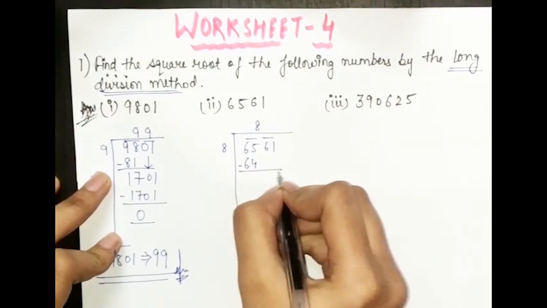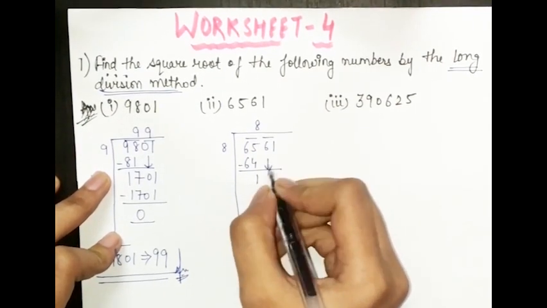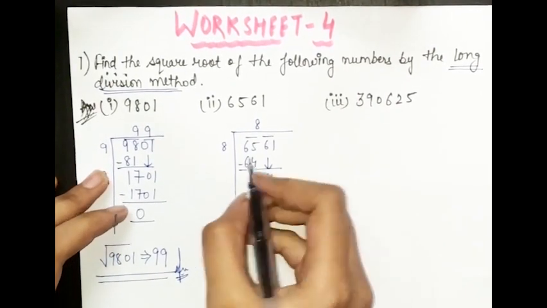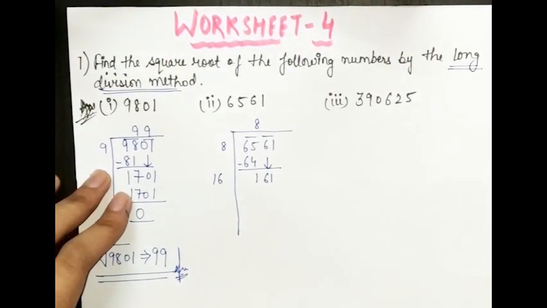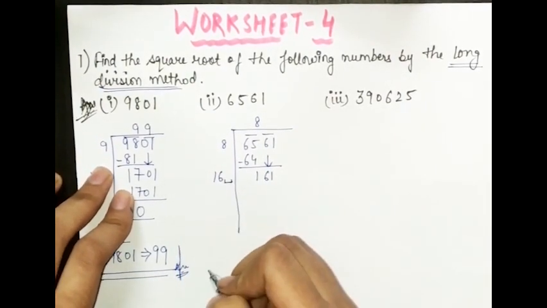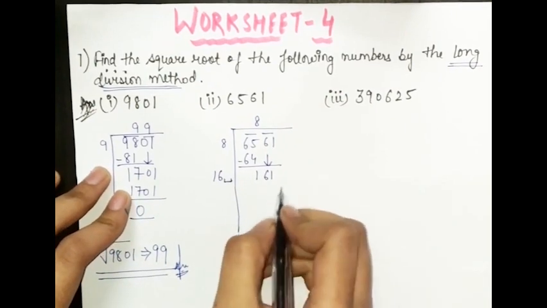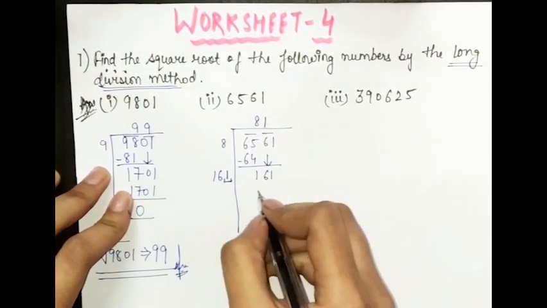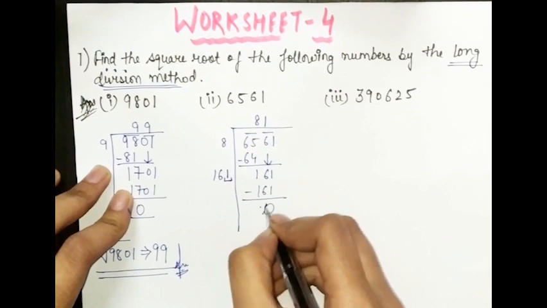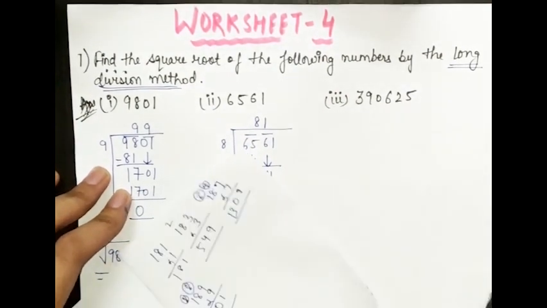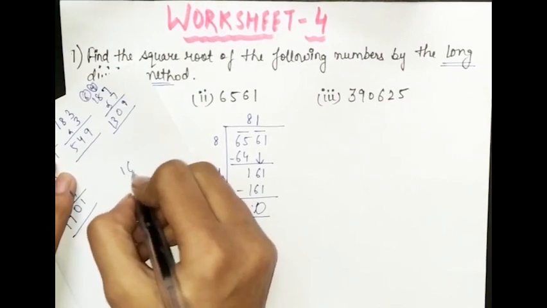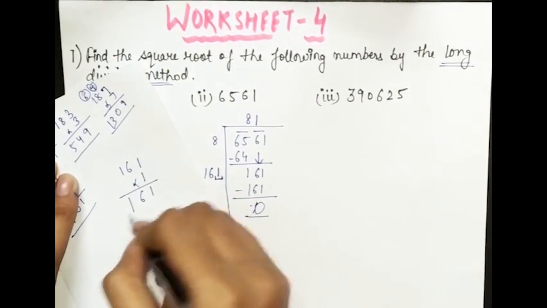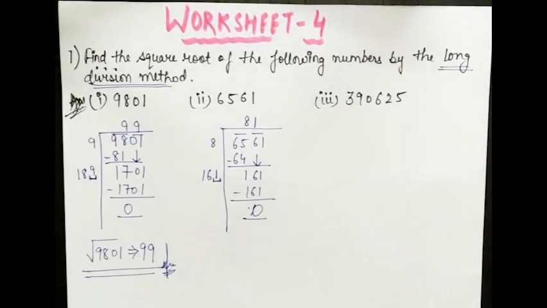So this will be 1, and now you have to bring down this 61 here. Now what is the double of 8? 16. So for 16, we want one number so that this will be completely divisible. This is quite visible that you need 161, means you just have to add 1 here and here also, so that 161 came. Some of you might not know, so I can show you in multiplication also: 161 times 1 is 161, completely divisible. So I think this is clear.